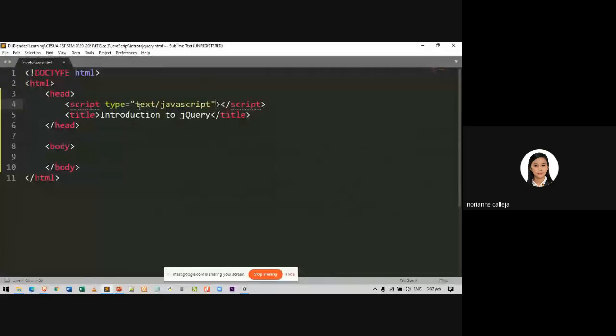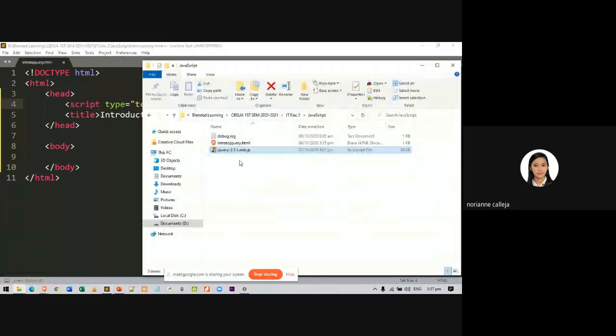Then we have to indicate the source of this jQuery file, so we have source or SRC. Now, where is that file located? It is located together with your HTML document, so you don't have to indicate the document path.